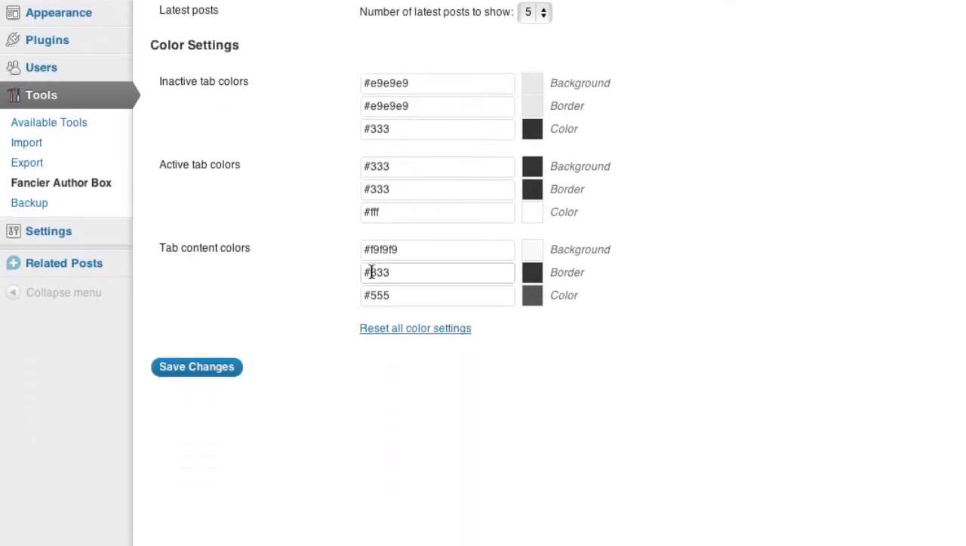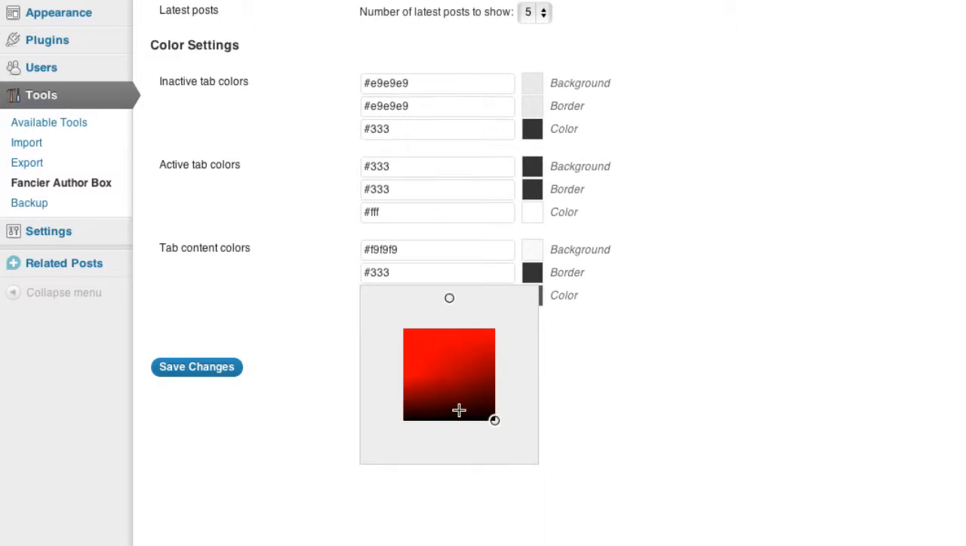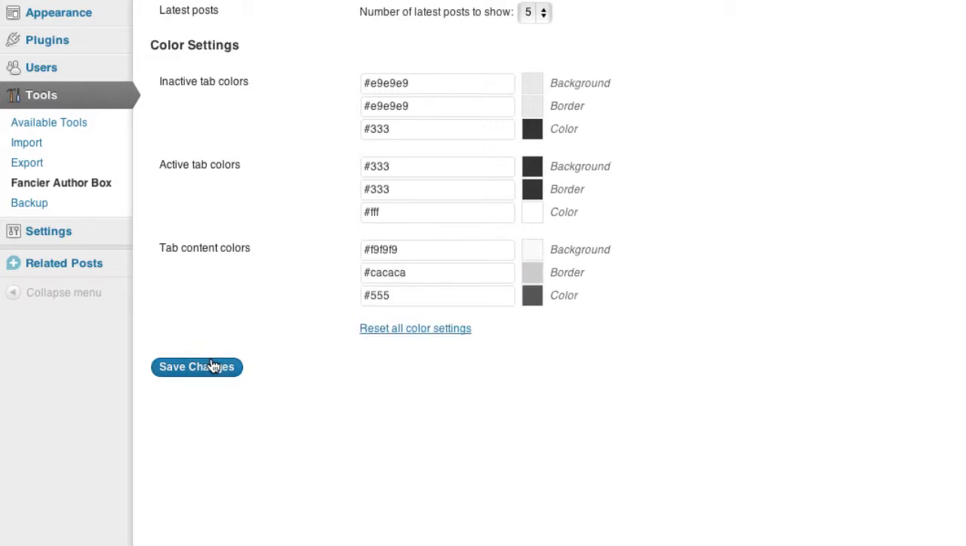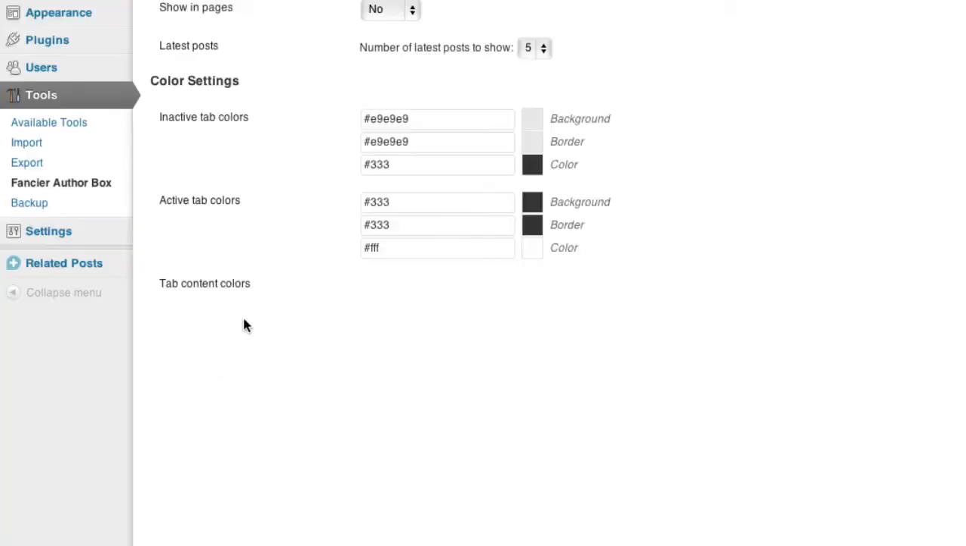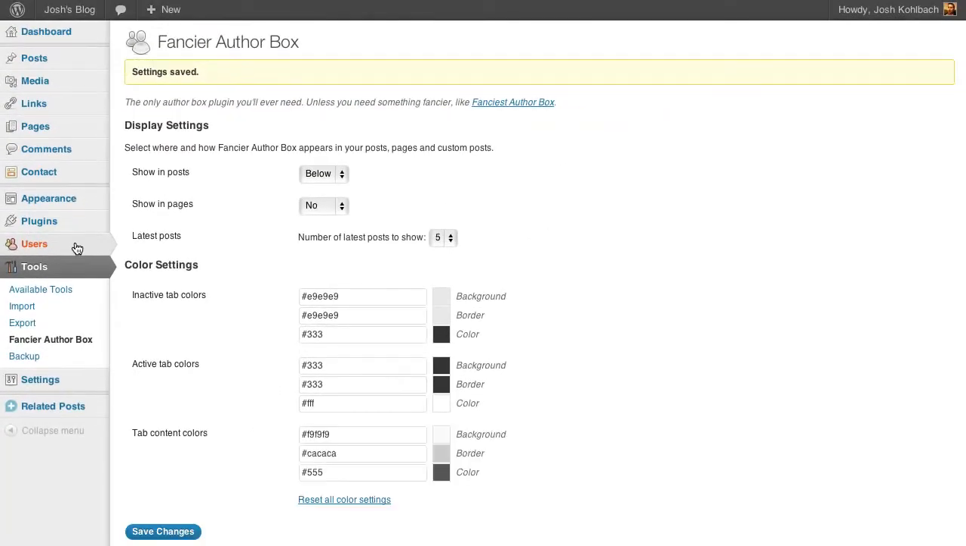For example, if I wanted to make the border a little lighter, I can go ahead and do that. It's a bit of a funny color picker, this one, so if I wanted to make it a bluish border or something, let's just make it a light grey. There we go. Click on Save Changes, and the last step is to go to the users area and click